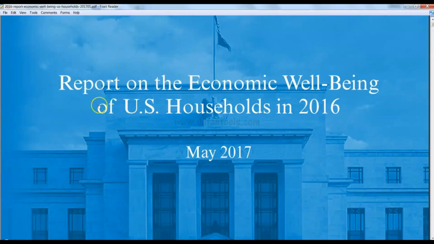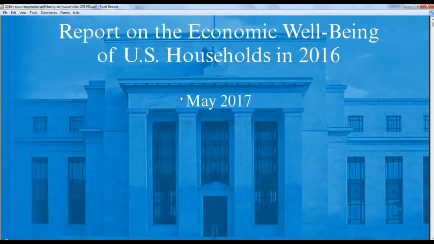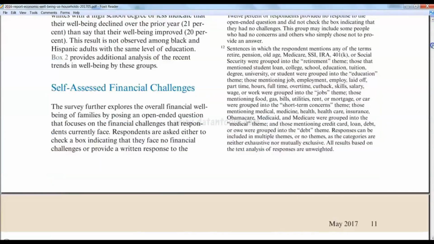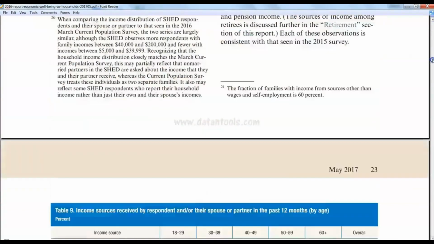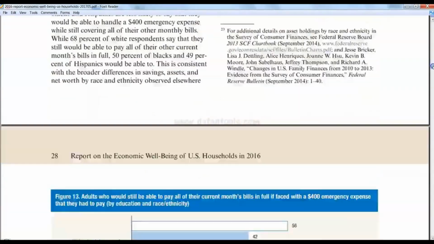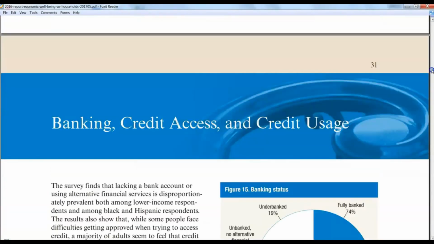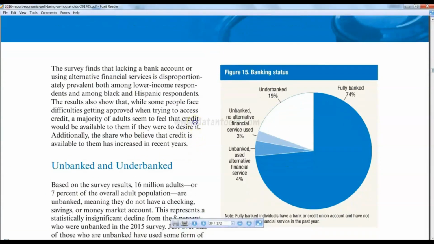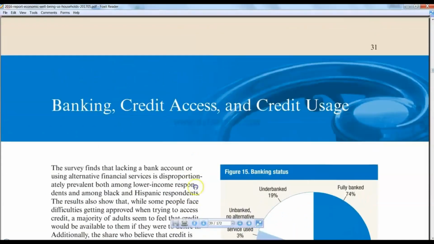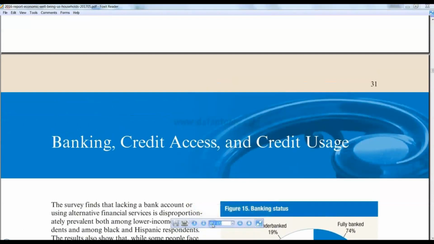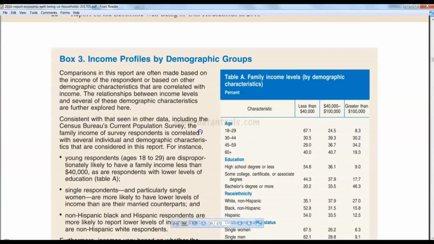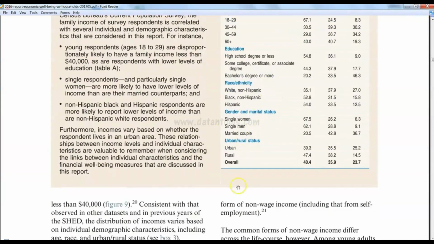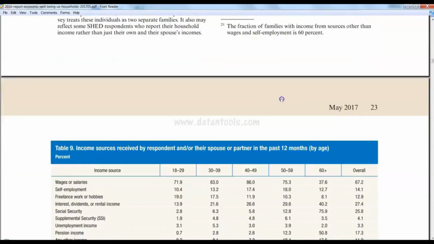So here is the PDF file, which is the report on economic well-being of US households in 2016. And on page number 30, if I'm not wrong, when I scanned this entire document, or when I was earlier trying to import it and seeing in Tableau how it works, I was able to see that on page number 30 some good information is given. So if I go to page number 30, one table is here, and I think on page number 31,